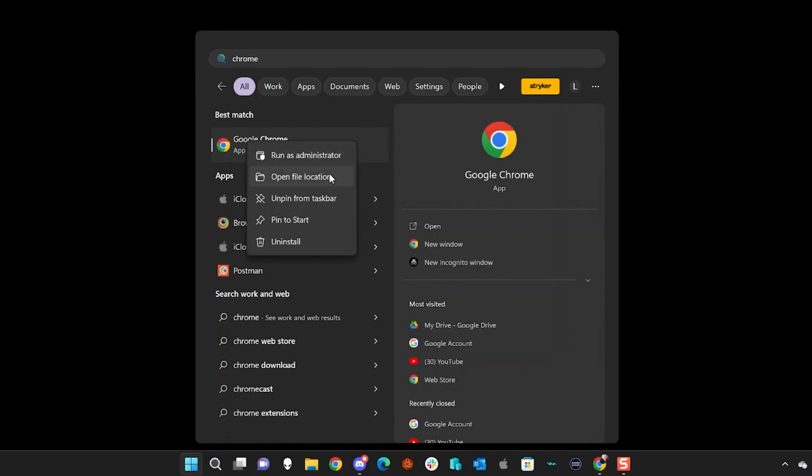Now, the reason I don't use this one is because this reference to Chrome, I guess is the best way to put it, may or may not, depending on how you've got it in here, be the same as the one you're running every day. And what I mean by that is when I go to run Chrome, I run it from here. And when I run it from here, I know that this link to Chrome is exactly the one that I'm running every day. And it's important because what we're about to do needs to optimize